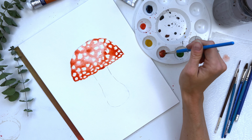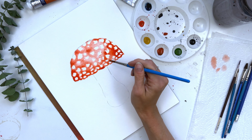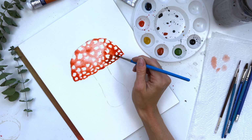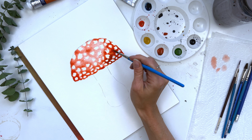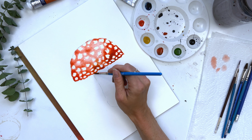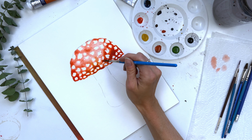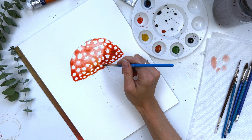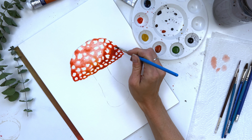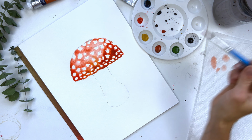So now I'm gonna mix my brown with a bit of my red and pick some of the areas that are a little bit darker and just start dropping in that brown and red color. This burnt sienna is a warmer brown, and it's quite nice for doing mushrooms because it just adds more of that fall vibe to it. So I'm pretty happy with that for a first coat. I'm gonna let that dry